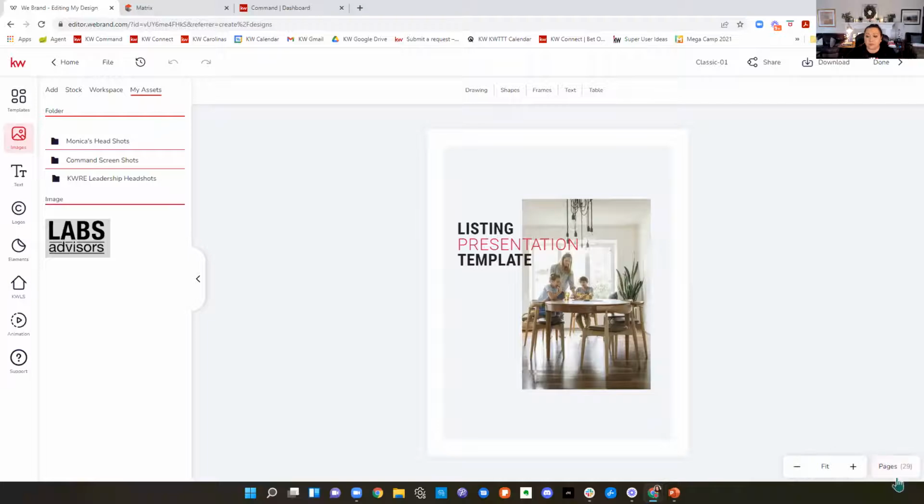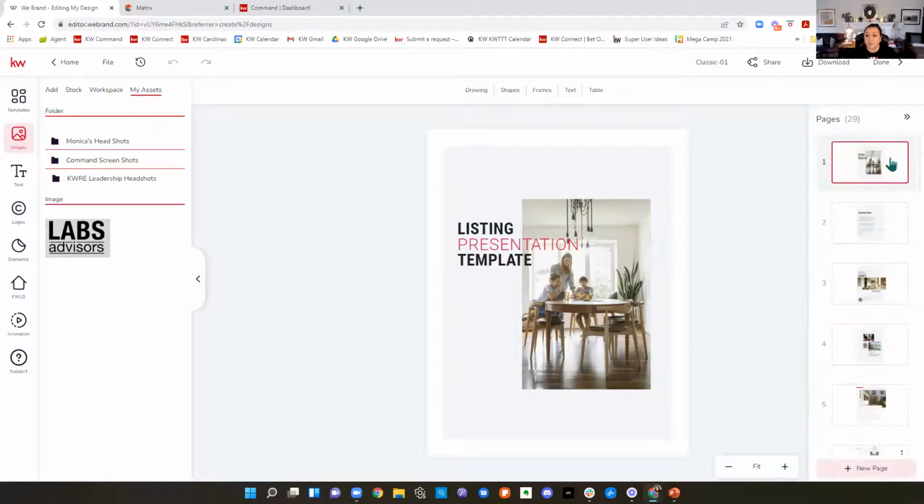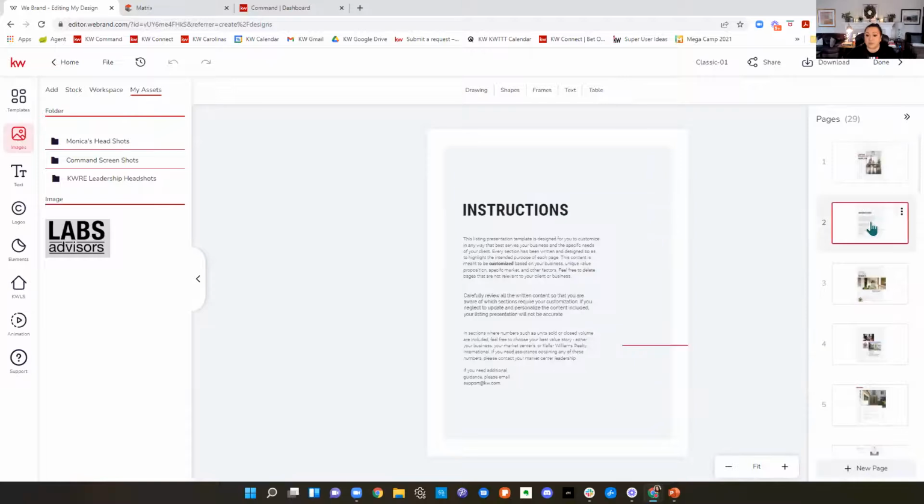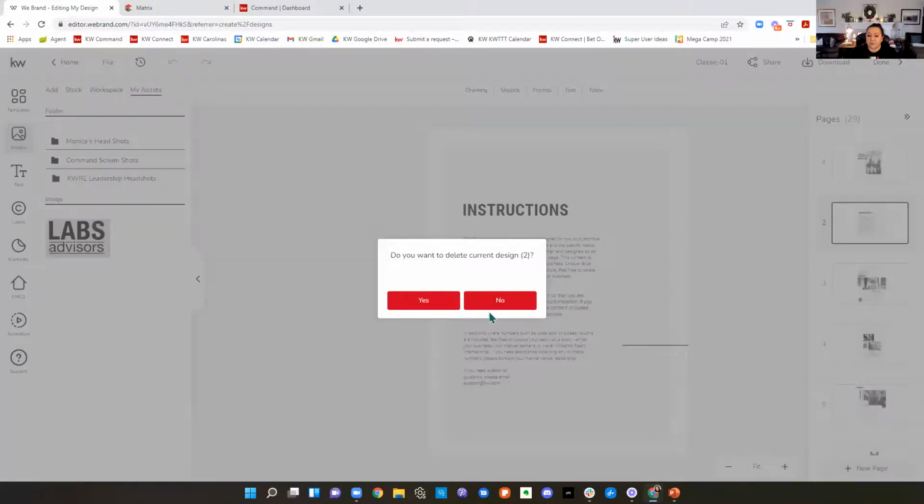Over here on the right lower corner, we have the pages. So I'm going to click this pages button. So I've got this page, listing presentation. These are instructions on how to edit this. Now, after you've read through these instructions, you don't need them. So you can just click the three dots and you can delete that page because you're not going to be